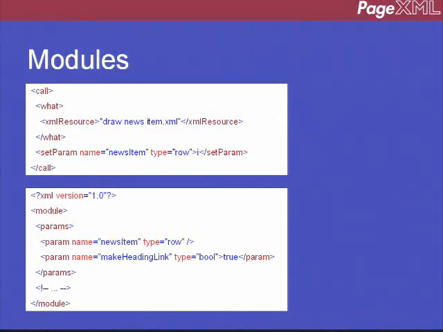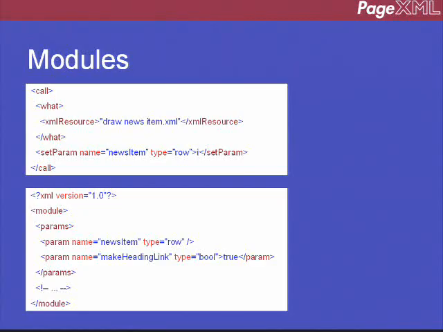Right, functions are implemented as something called modules in PageXML, where you've got a call element to call modules, and then here there's a module in another XML file. The point of this is to make it easier to separate design out from the code. So for example, we might have a module that draws an individual news item. Here the call is calling that file, a module, and then it's got a parameter which is the individual